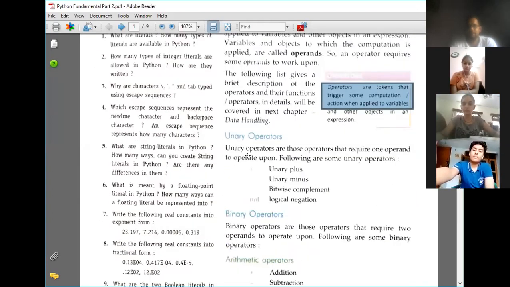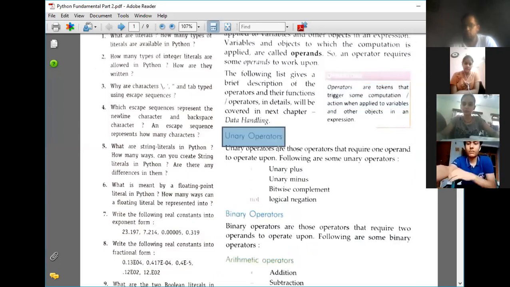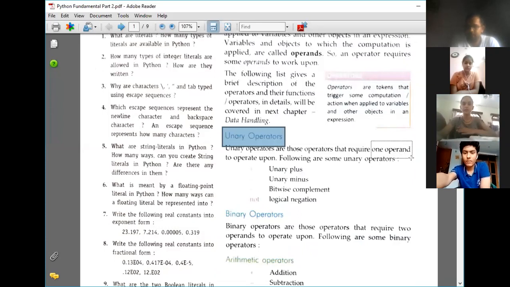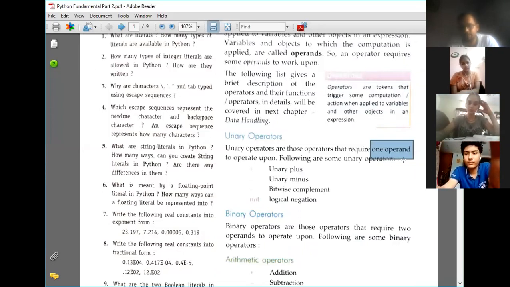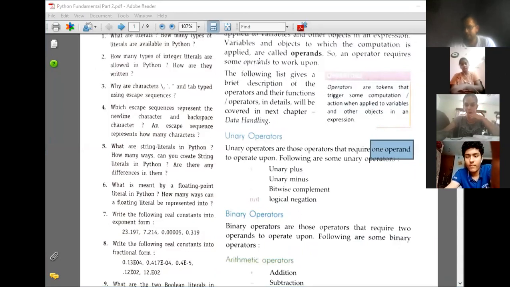Then there are many types of operators. One is the unary operator. Unary operators are those applied on only one operand, like positive 5. If you are writing only 5, that means this is positive 5. Suppose you want to write -5, here the minus sign represents a negative number.